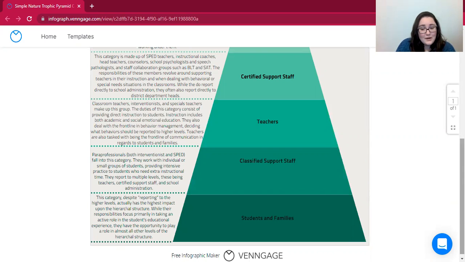Their responsibilities primarily include supporting the student in their education, and communicating their concerns, advocating for their child in the school setting. And because of this, they have a really, really large role that they play in all other levels of hierarchical structure. Like, they impact the district administration's decisions, they impact the teachers' decisions, just pretty much every single level they have a huge impact on. So even though they are at the bottom and that they don't directly make decisions, their thoughts, their opinions are greatly accounted for in all decisions that are made.